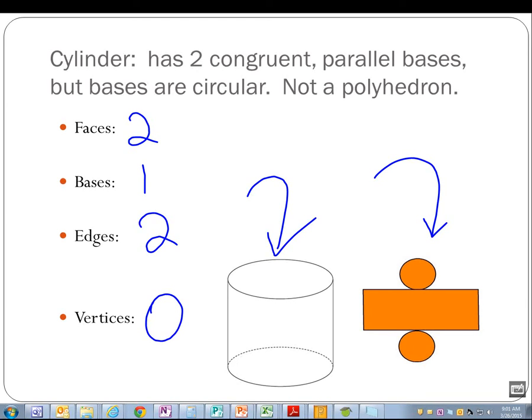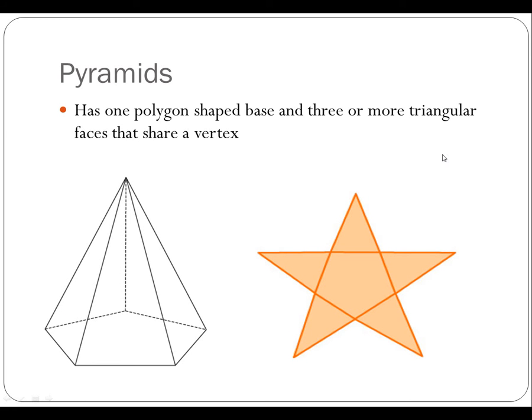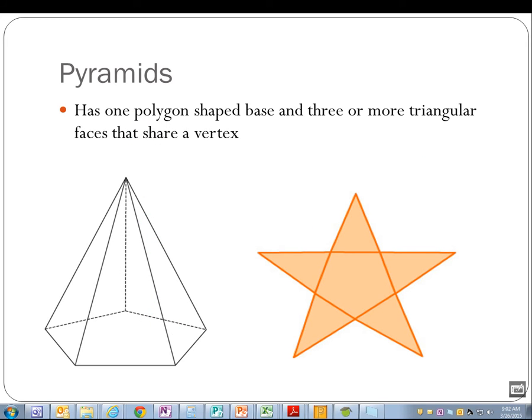Okay, moving right along. Pyramids have 1 polygon-shaped base and 3 or more triangular faces that share a vertex. So, if we had this shape here, which is a hexagonal one, if we were to open it up from right here, each side would be opening up